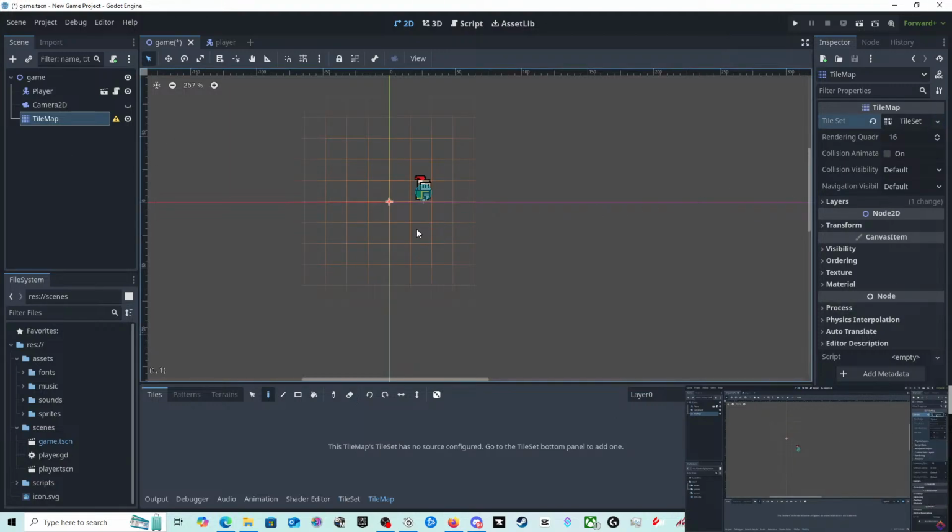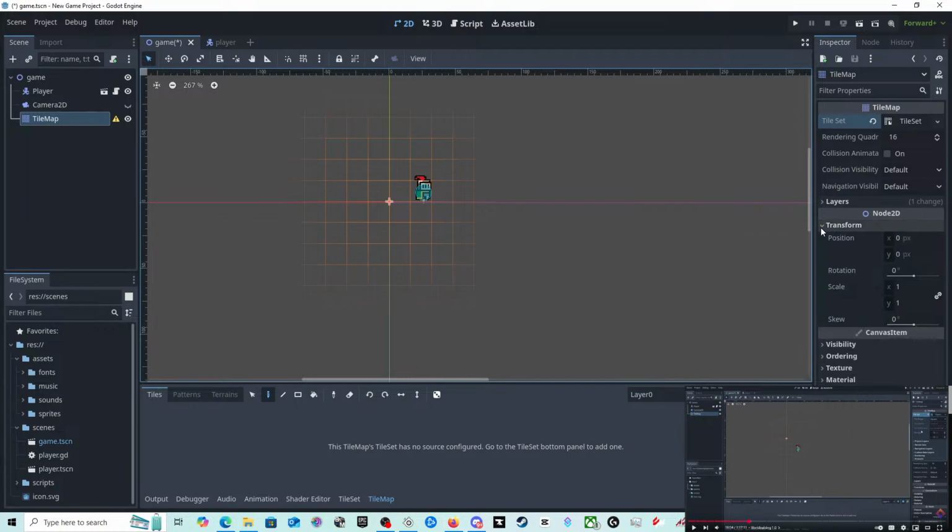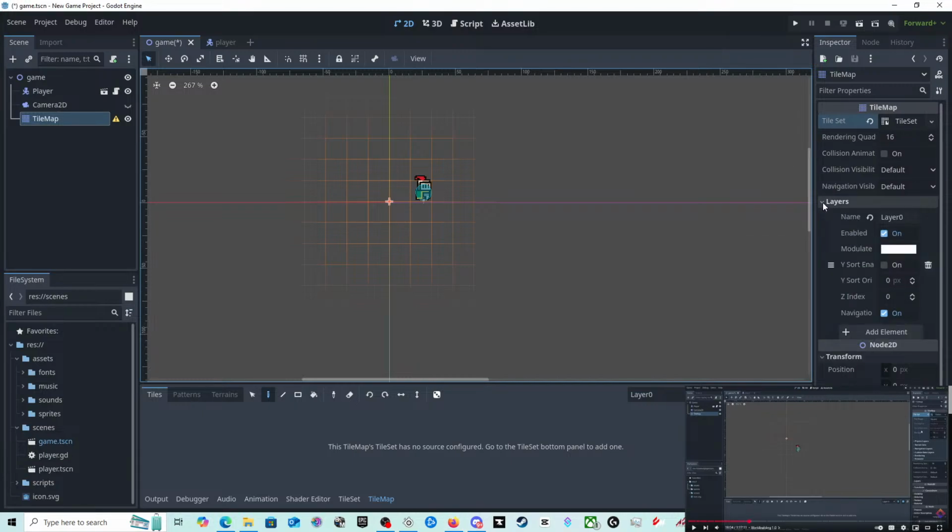And if we press it here, we get to configure some things about it. The main thing you want to make sure is set correctly is the tile size. The tile set in our asset does indeed have 16 by 16 pixel tiles, so we'll just leave. Right. Tile size, transformation, position, layers.